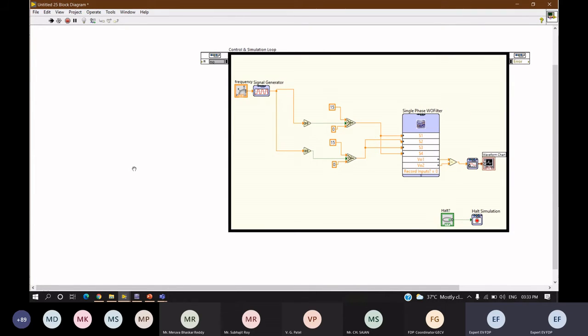Before I move on, if people have any doubt in this code, you can get clarified now. I think doubts will be clarified at the last. Okay, fine then. I'll just proceed with the next one. The remaining one, I'm not going to develop the code. I'll just open it and show you.